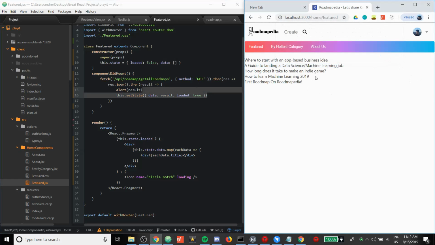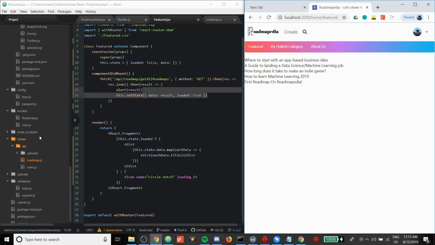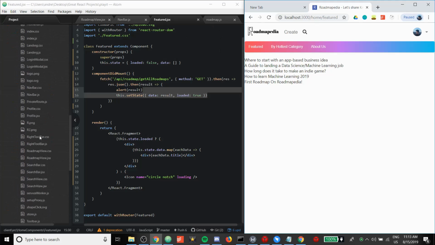So then, how do we send data to the database? How do we store data in the database? How do we read data from the database? How do we update the data in the database? How do we delete data from the database? These are actually the CRUD operations, right? And how we do that is that